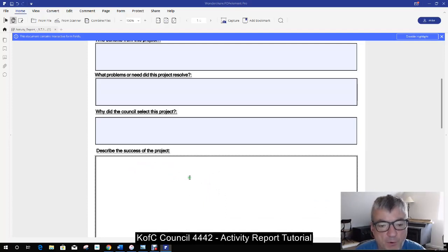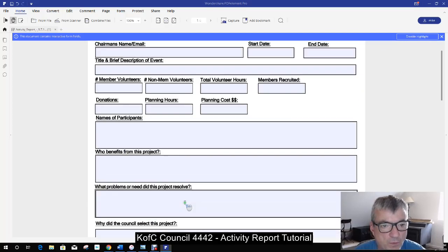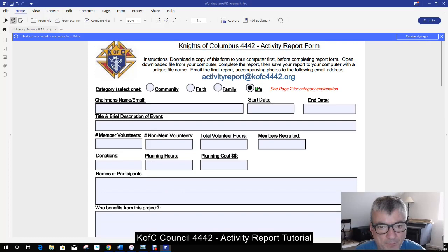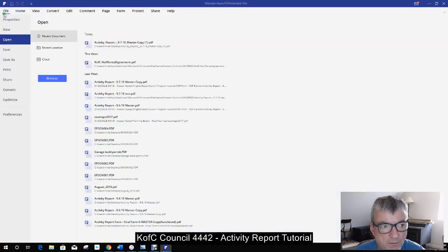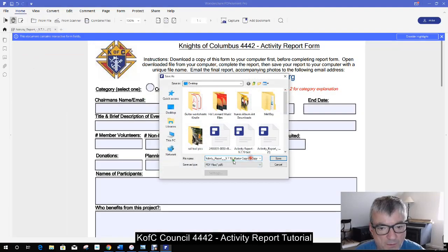Number of people that attended, it was a good day for the event. Lots of volunteers. We raised X number of dollars. That kind of thing. And this is pretty much a free-form summary of what took place. So when you're done filling out this form, then you want to go to File and then Save As. I'll save it on the desktop, and this would be test event. And we'll save it here,